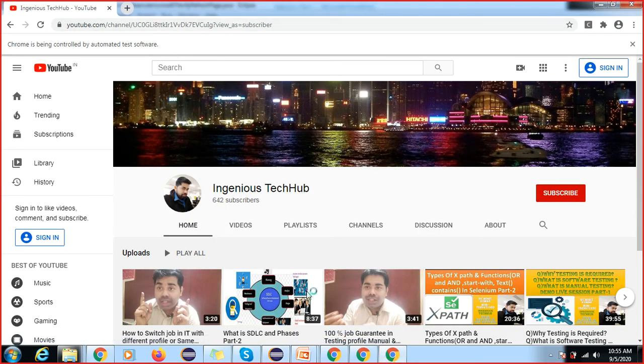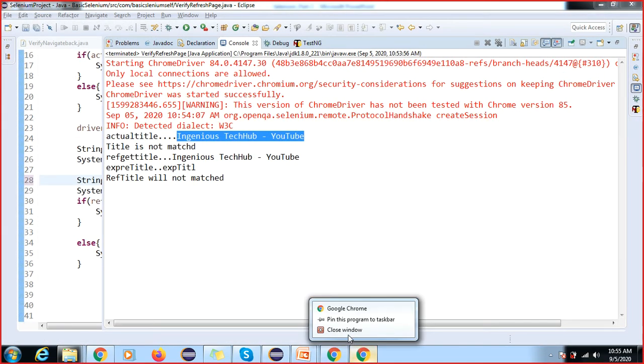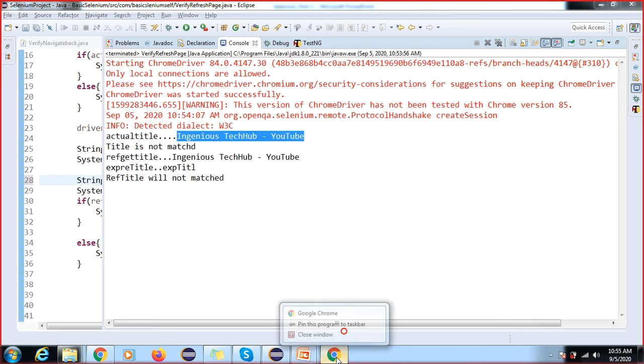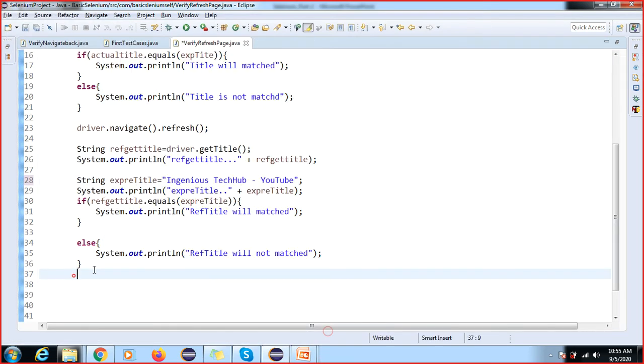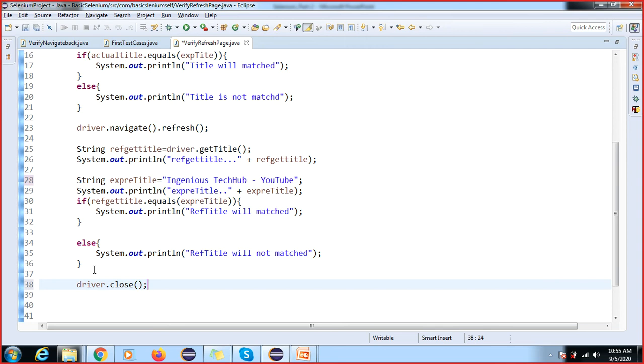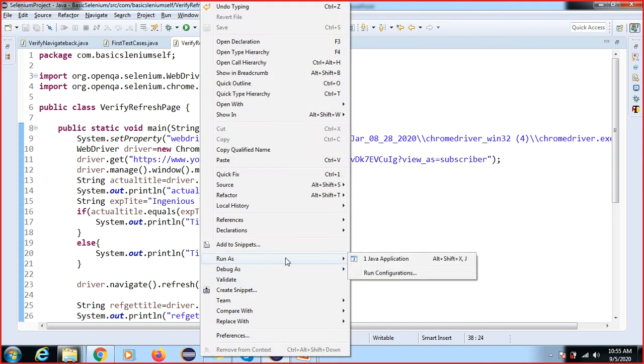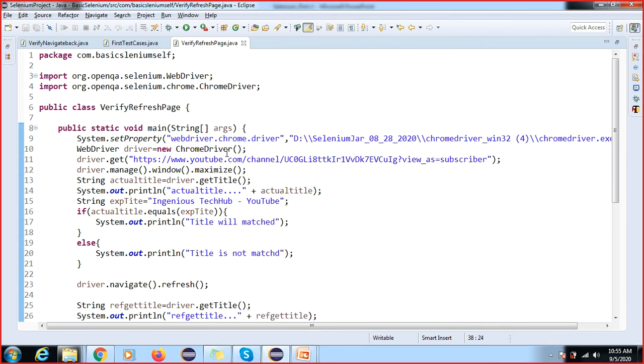You can see the browser is not closing. I want to close this browser, so we have another method called driver.close. After that, our browser will also close. You should not have to close this browser manually.